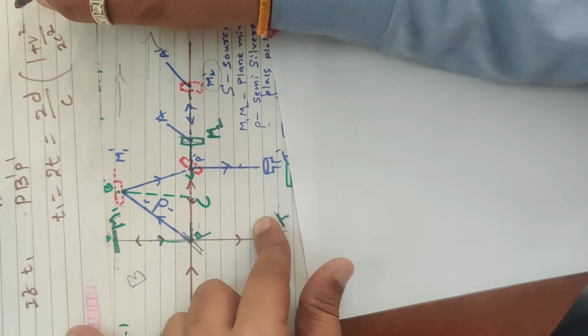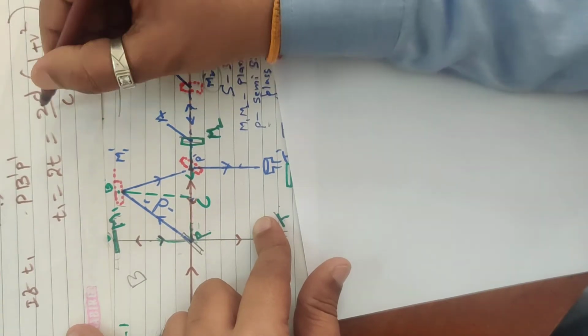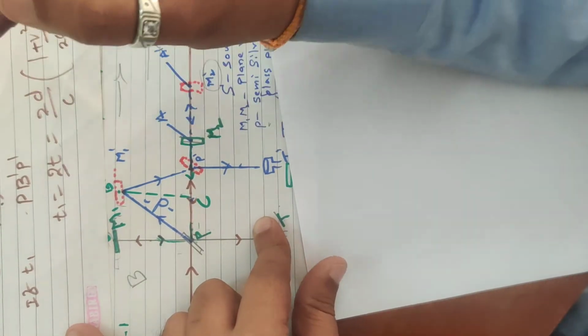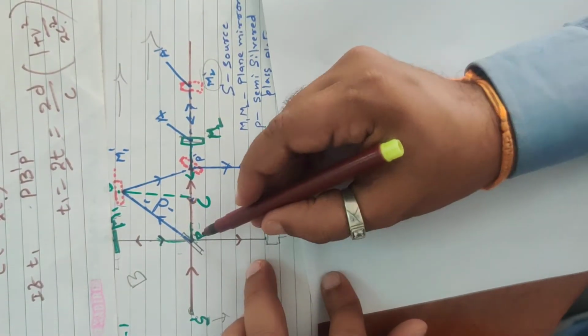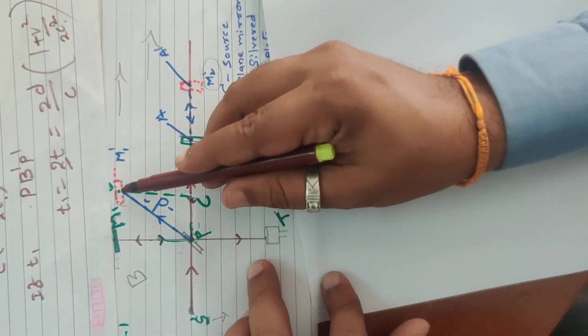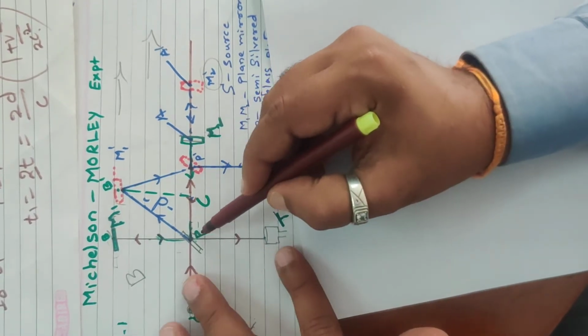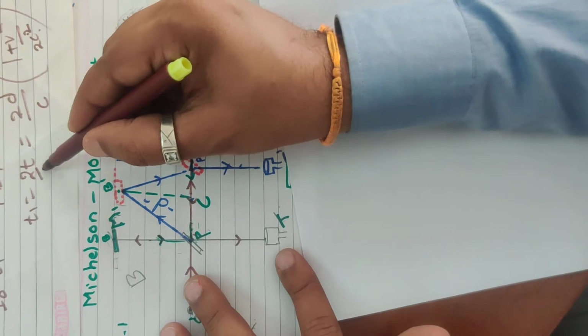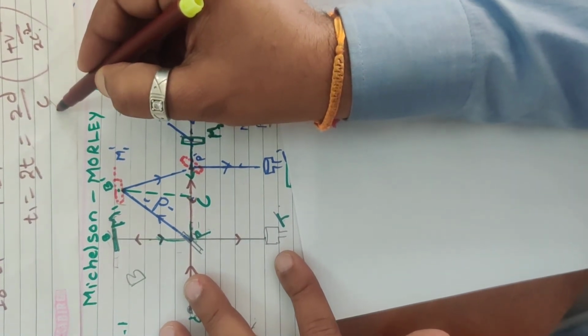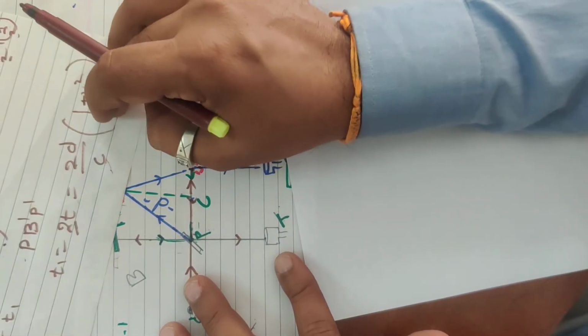Is that right? So why have I taken 2? The light is going to travel twice here, therefore twice of this. Whatever we studied was for P B dash only, but the whole P B dash P dash will be twice, therefore I have written 2t, and 2d upon this will occur. This equation will come. Now what do we do?